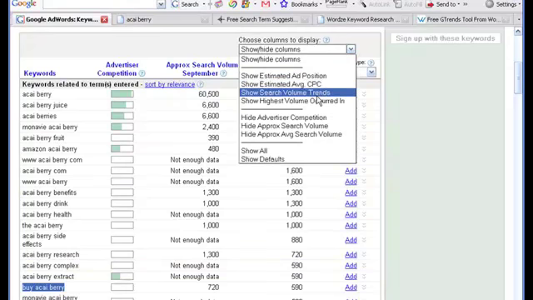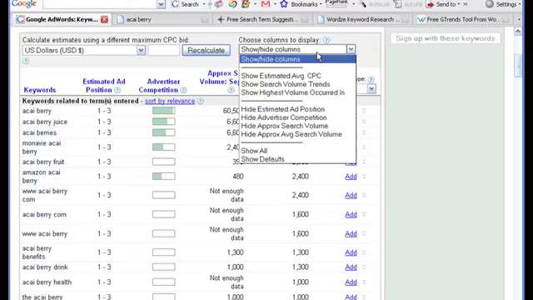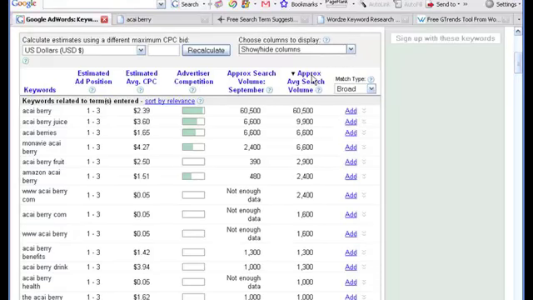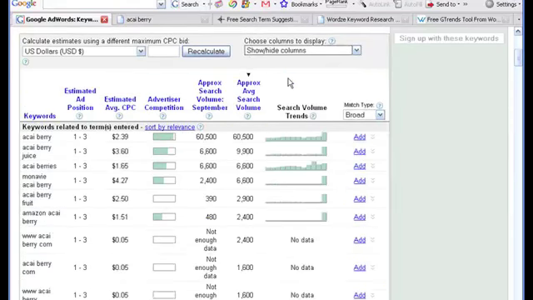You can drop down. It has a couple different things we can talk about. You can click this option here. It'll show you average estimated ad volume, estimated ad position. Right here is the average CPC, how much you'd pay for that average position or estimated position. This right here will give you the search volume trend. So if you look right here, it kind of duplicates what's in